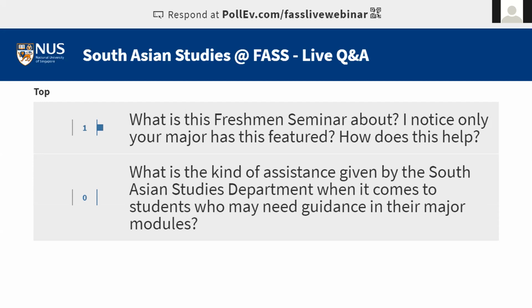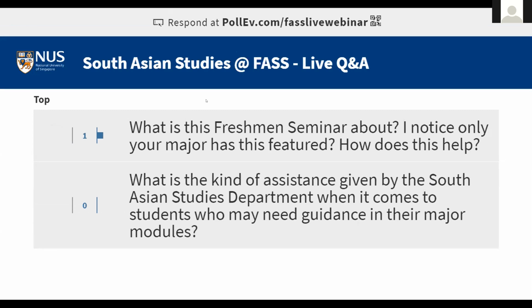I need to be a little more clear on what sort of assistance you are talking about. If it is about ensuring that you map the right modules, what kind of modules you should take to optimize your learning, we're all there as faculty, so we'll be more than happy to help. If it is financial assistance, then like I said, there are avenues there as well. So just be in touch with us, and we'll be more than happy to help.